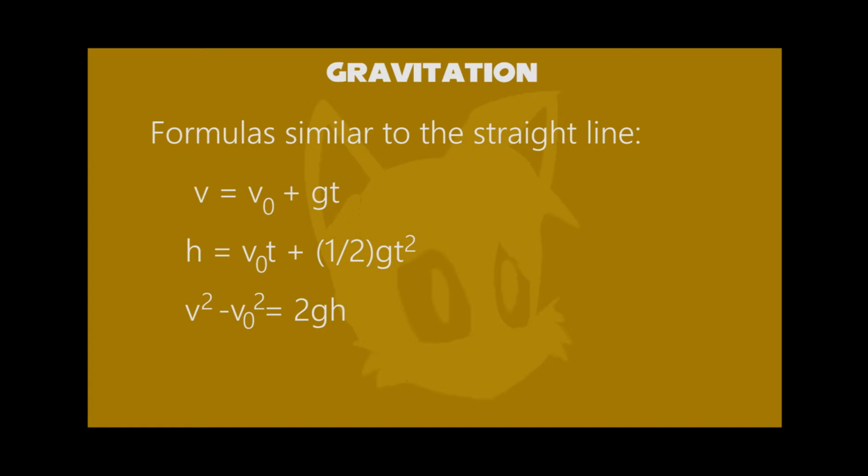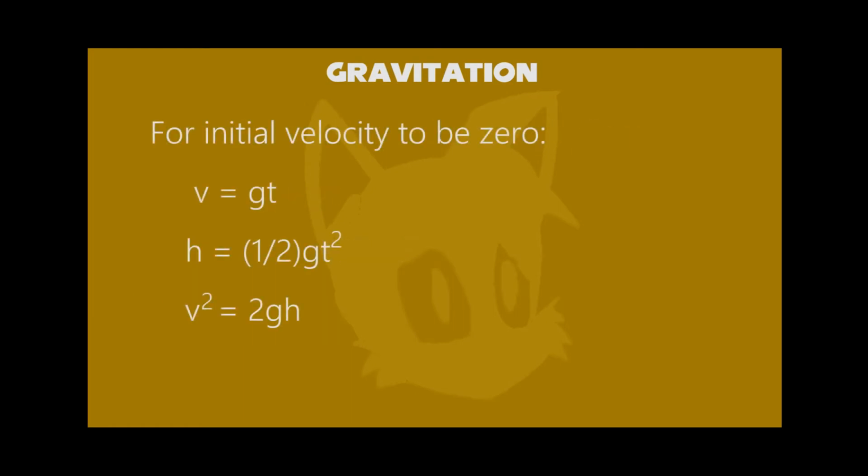Now we move ahead to the formulas, referring to the same thing from motion in a straight line, substituting a with g. For the velocity, v is equal to v naught plus gt. Also, the distance as a height, h is equal to v naught t plus half gt squared. Then v squared minus v naught squared equals 2gh. You can try the same thing: if the initial velocity is 0, that means the body is initially at rest, then v is equal to gt, h equals half gt squared, and v squared is equal to 2gh. If you like that, you can refer to the topic motion in a straight line.